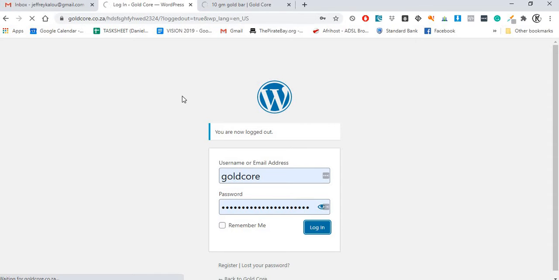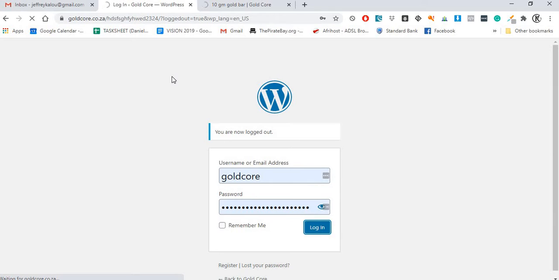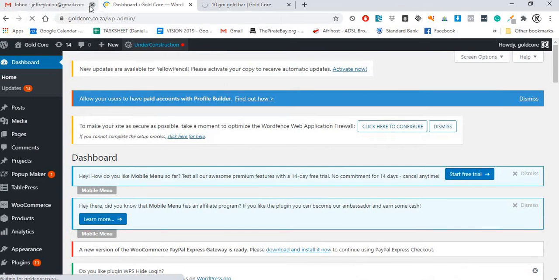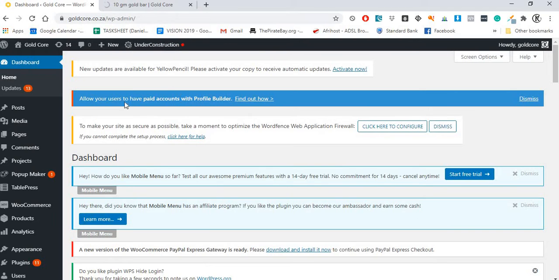So I'm going to provide you with your own login details so that you can log in as an administrator. Yeah, it's taking quite long to load. I don't know why. So as we come here, you can see we have the back end where we have